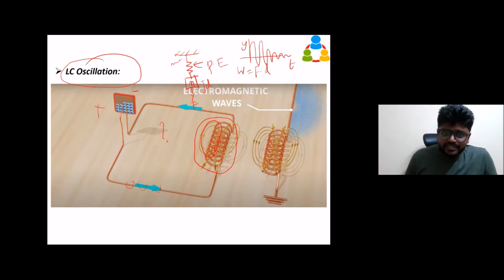So whatever current wants to drive to the lower potential, it wants to do work. Same way in our spring case, whatever work I am giving against the spring is trying to hold it back, but I am working against the spring, and that work is stored in the spring as potential energy. In the same way, the electron wants to move from higher potential to lower potential, but what is stopping it? The increase in magnetic field in the inductor is stopping it. Stopping means, as per Faraday's law, it is producing the back EMF. It wants to stop that.